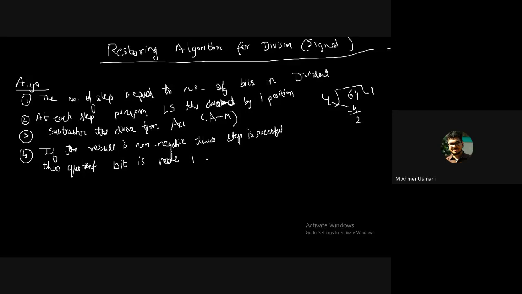Okay. And restoration is not required. This step is very important, and it basically divides the restoration algorithm and non-restoration. So if the step is successful, restoration is not required. What is the meaning? I'll let you know when you write the next step, then you will understand. Step number 5 is just the opposite of step number 4.